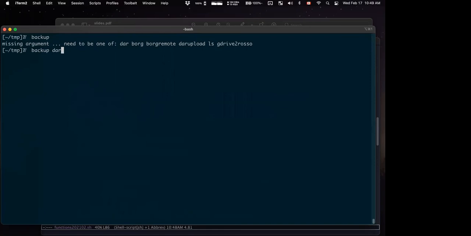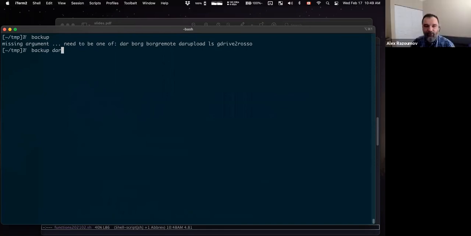But DAR does incremental backups and differential backups. So DAR, like Borg, will only back up data that changed since the previous backup, right? But it does not do deduplication, which is a different thing, right? So I'm going to choose the first option, DAR, and I'll simply say backup DAR, and let's see